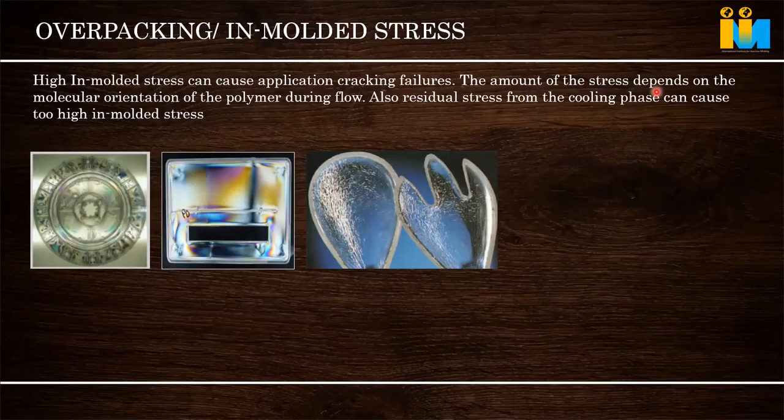For example, there was a case that I attended. The vehicle visor, in the two-wheeler, there is a visor in front. It is molded out of polycarbonate, a tinted blackish polycarbonate, something like cooling glass. After assembling, the bike scooter is kept outside. A bunch of motorcycles, every visor got small micro cracks like this, and they were suspecting the raw material, all these things, and we traced it to molded in stress.